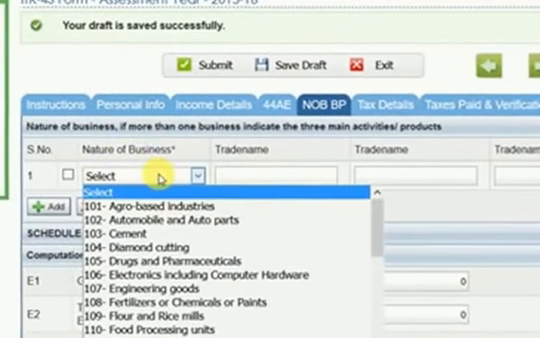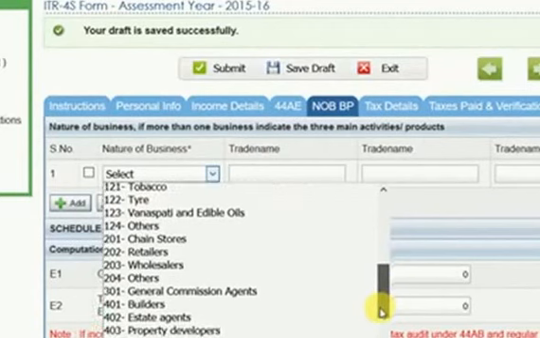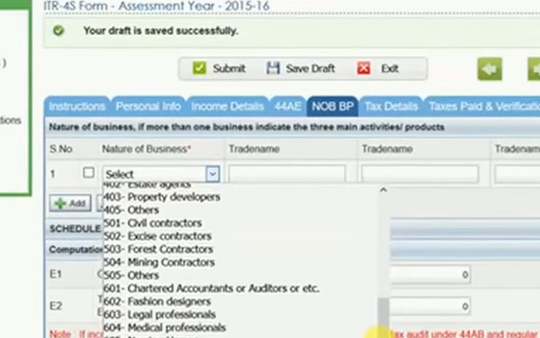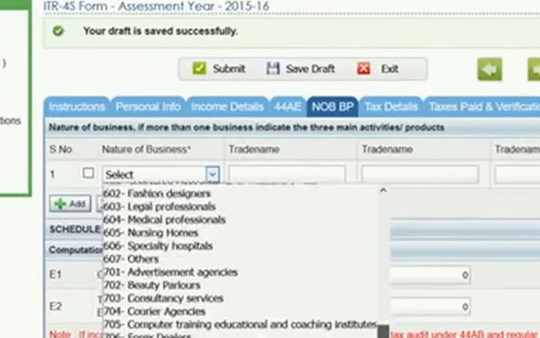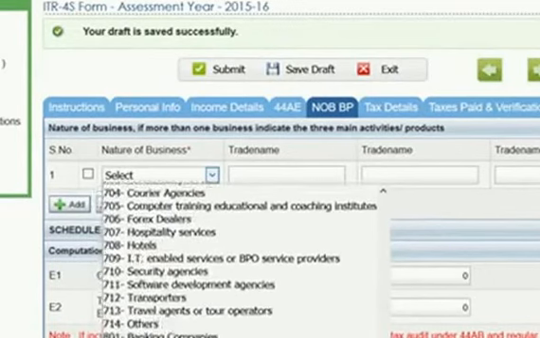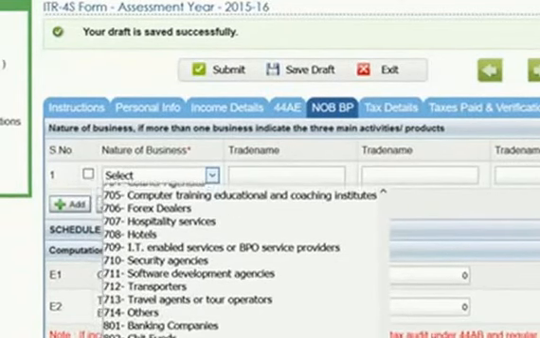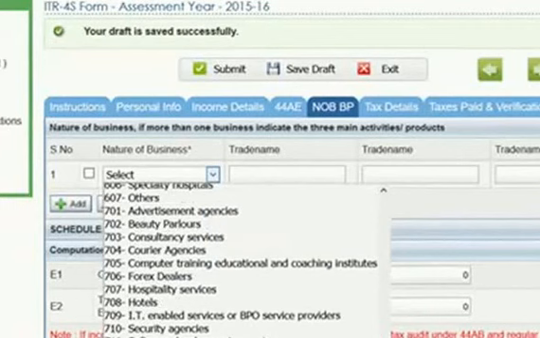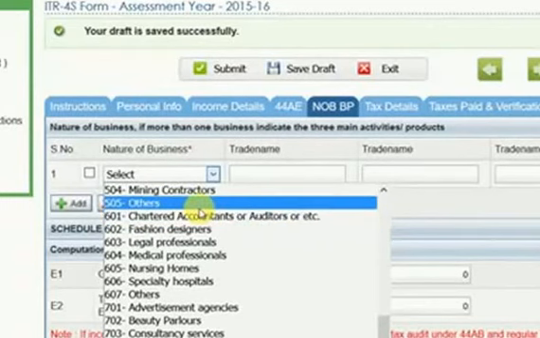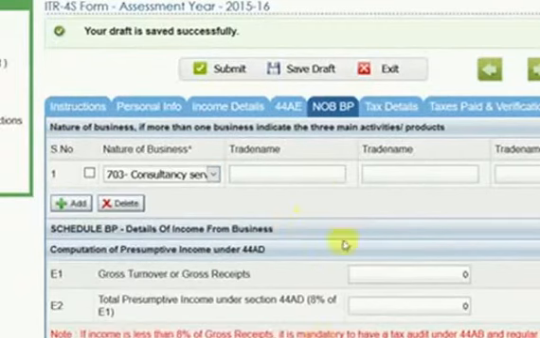Select your nature of business, consultancy service.